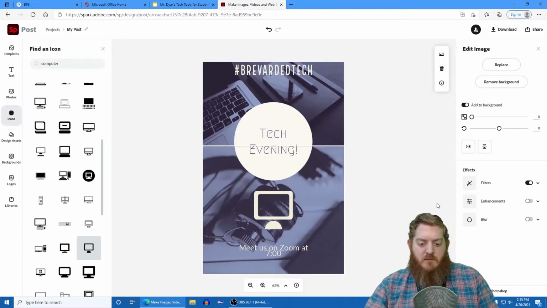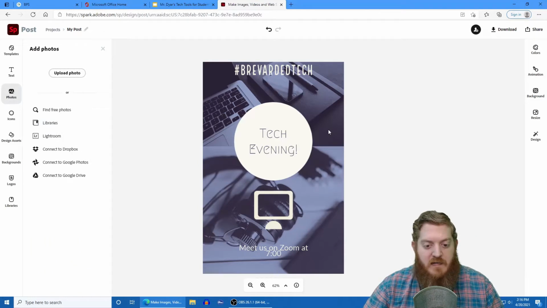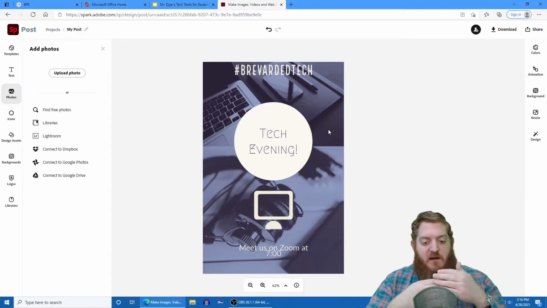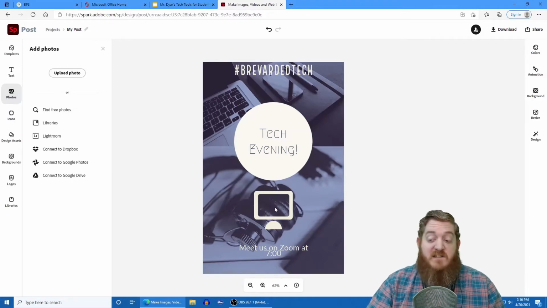So now we have a nice little icon on our screen too to tell us that we're working on technology. So it's a really simple program. I can include tons of these icons, as much text as I want to. I could have 4 or 5 different pictures melding in to be the background. I can include more images on top of this background, and you can bring things across different layers. So this tech evening could go behind the icon that I've created here. So a lot of cool tools in a very simple program.